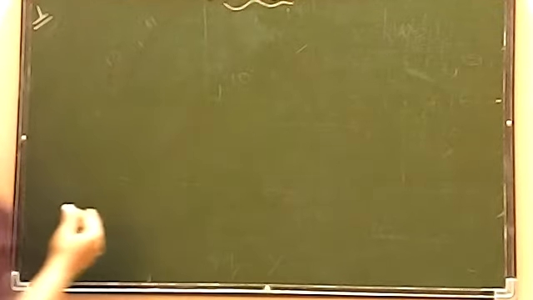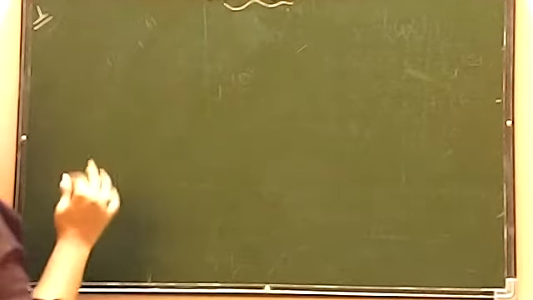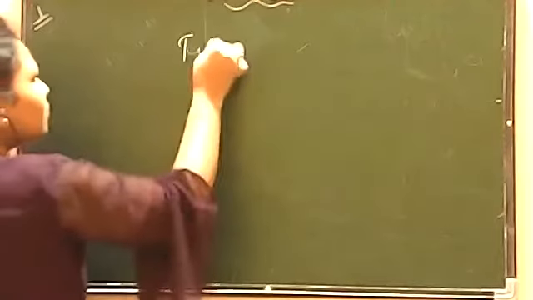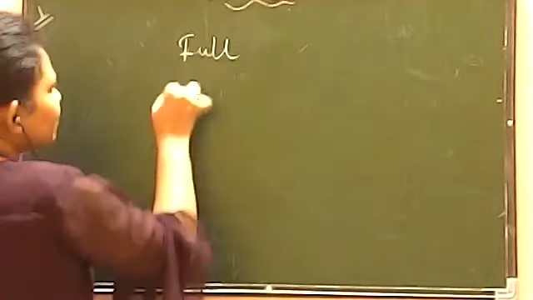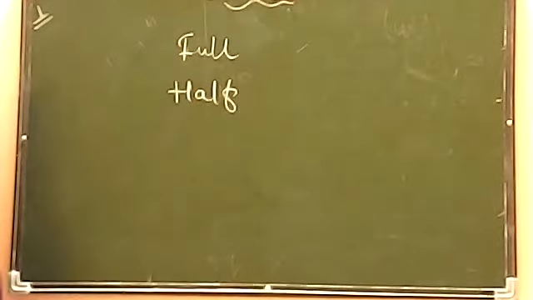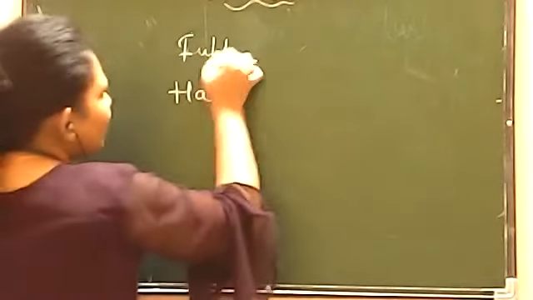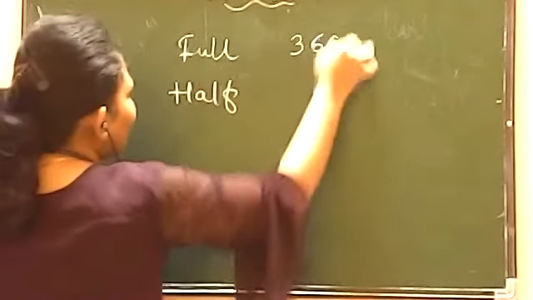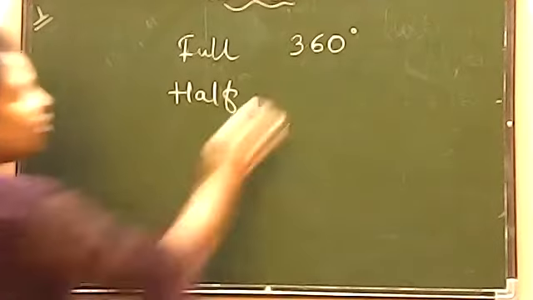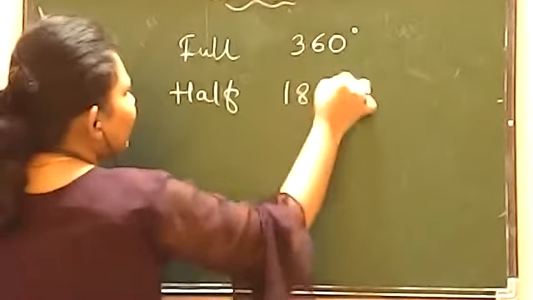Before we start the questions related to clock, I want to tell you first what is revolution. Revolution means, beta, the full rotation. Okay, when you rotate, you call it revolution. Now there is full revolution, and one is called half, and one more is 3/4. Always understand when you talk about full rotation, you are talking about 360 degree. When you talk about half rotation, you are talking about 180 degree.